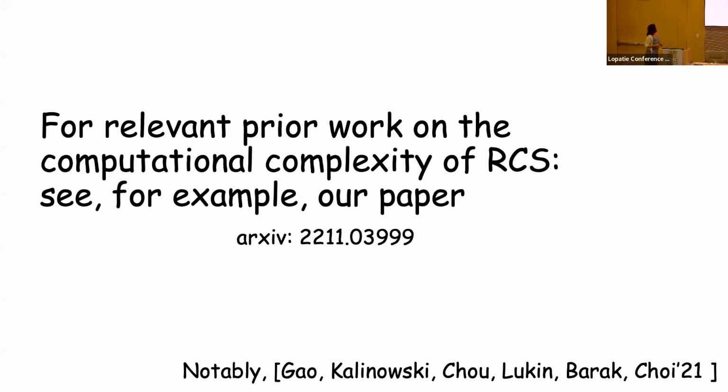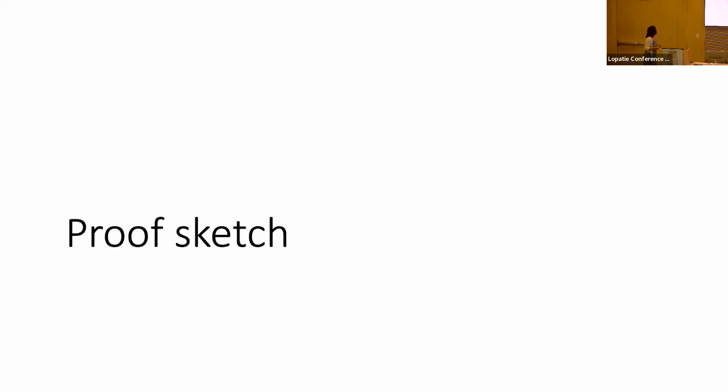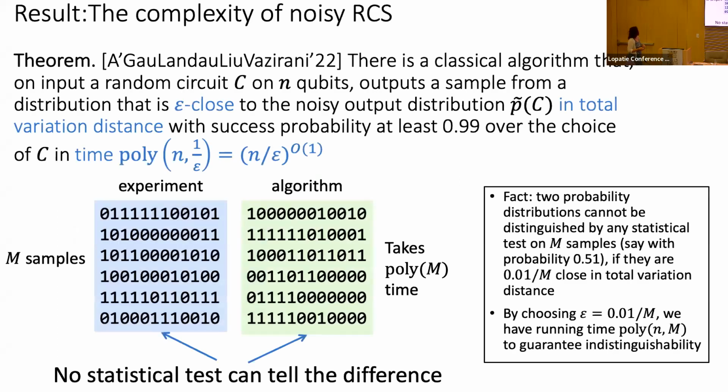Okay, I want to give a glance at how the proof works. So here is again the theorem. I want to simulate a noisy quantum computer of depth which is logarithmic, to within some total variation distance epsilon, where epsilon is 1 over n, or 1 over polynomial in n.